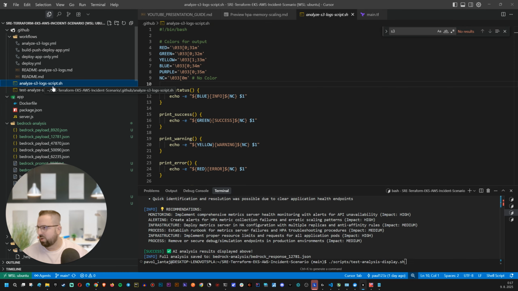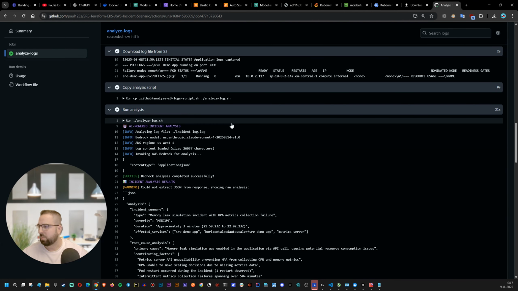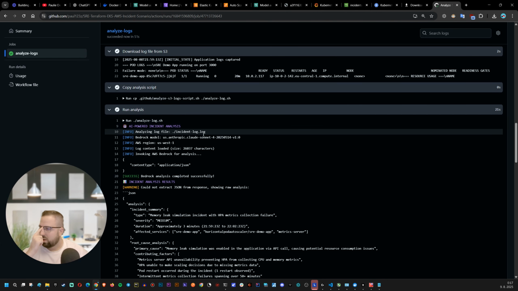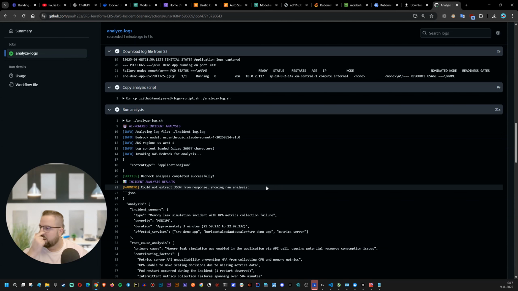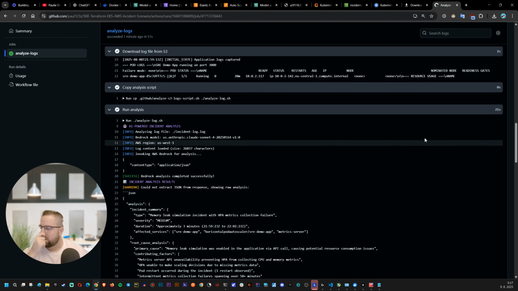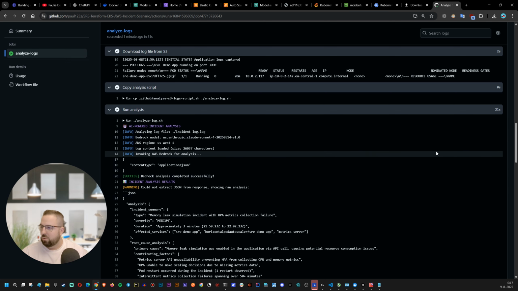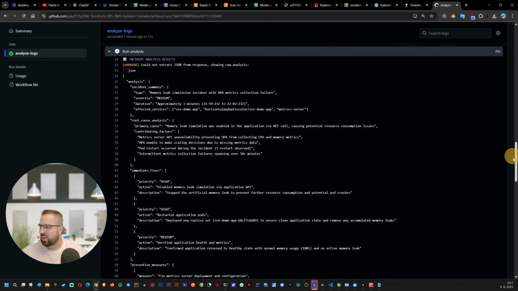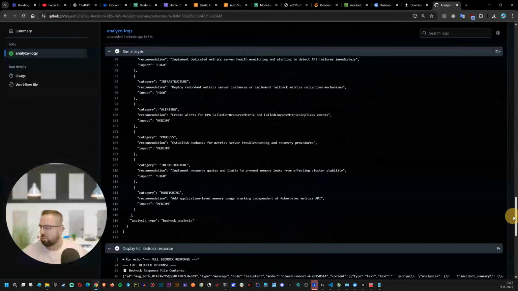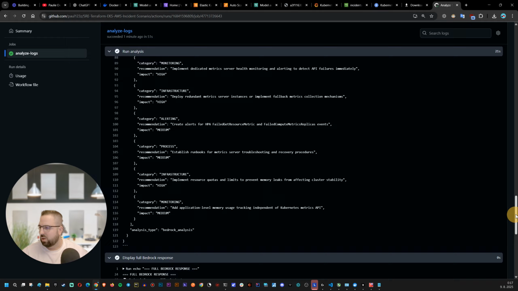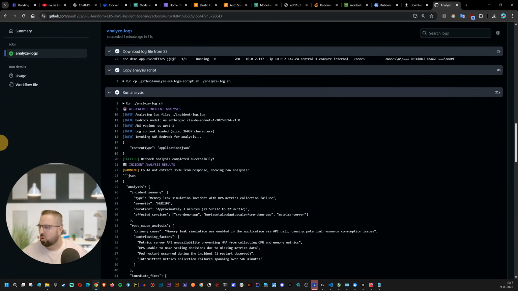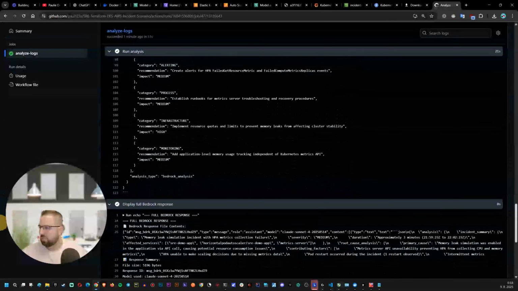Okay, so basically it's just running this script right over here, a bash script. Some warning, but okay, whatever. Anyway, what we are doing now is that we are basically sending the payload. We are going to be sending the log to the AWS Bedrock,